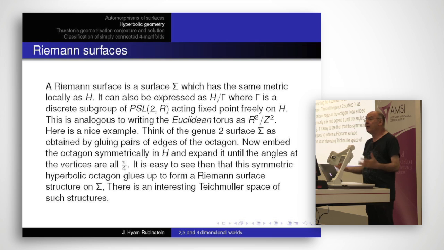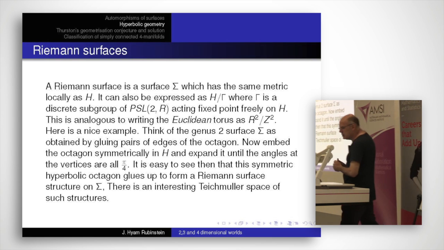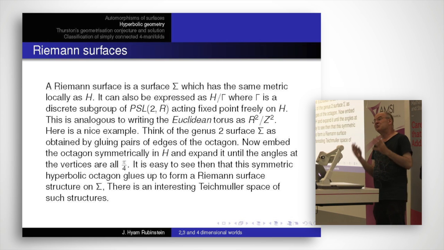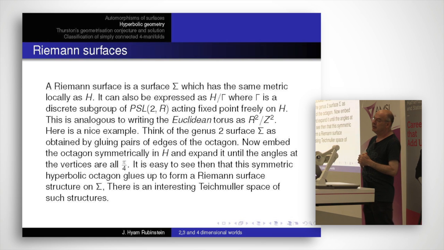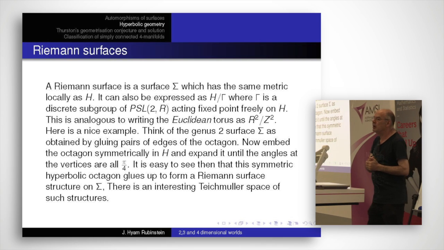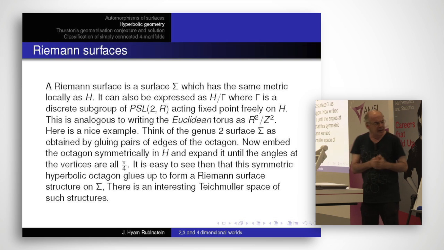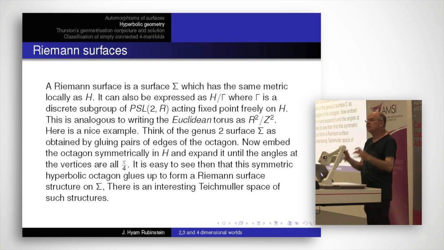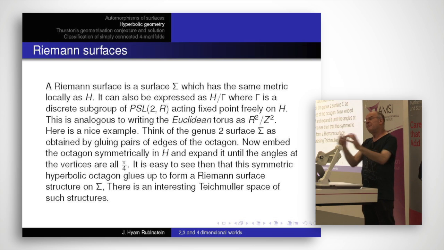Okay, so now we're into the theory of Riemann surfaces. A Riemann surface is a surface which locally is modelled as the geometry of the hyperbolic plane. So the way you compute lengths of curves on your surface is using that formula that I wrote down a minute ago. The idea is you think of each little piece of the surface as a little disk, which you can map into the hyperbolic plane, and that's the metric that you choose.